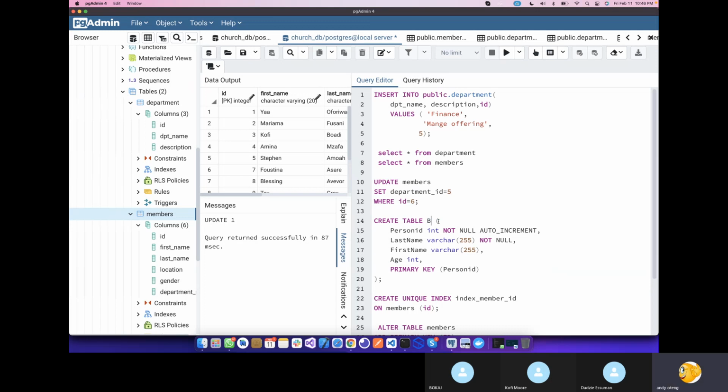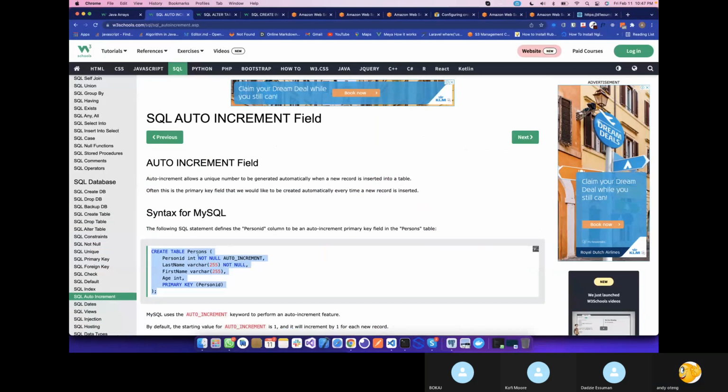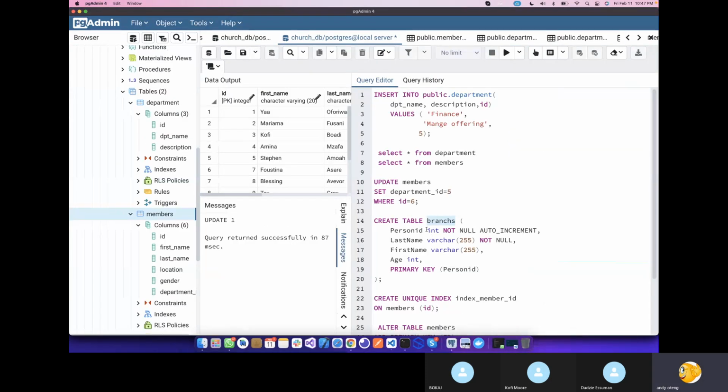So notice that almost all my tables, I make them plural because I consider that each row represents one person, one data. So the table takes a collection of that data. So I assume that it is plural, and it's the best coding practice. Even in the tutorial, you can see that persons, they've added s, and you'll understand later why we are doing that. So you have branches, and